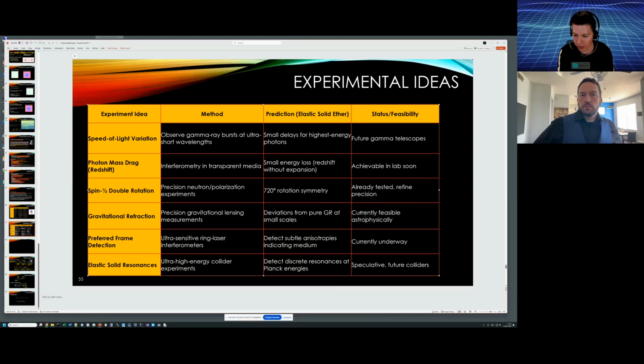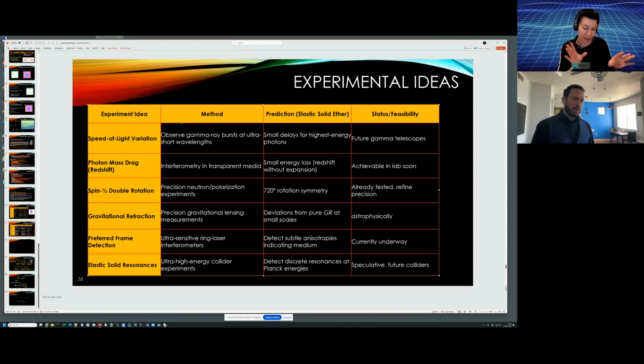I don't know if that's actually possible. I hope it will be possible. I see. Okay. So, you didn't mean to mark it as feasible. Yeah, this is not worked out in detail. Okay, I was just trying to get some ideas. Yeah. Preferred frame detection, I don't know if that's possible either. People are always trying to do that, but yeah. Anyway, there are several experiments that might indicate something, right?